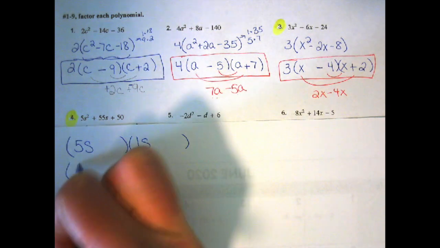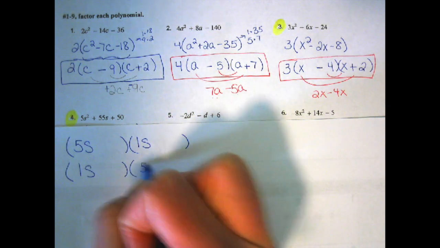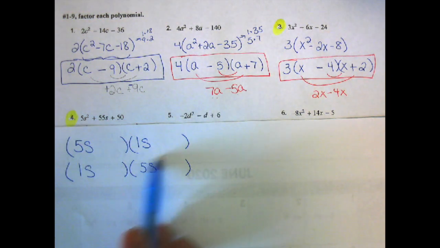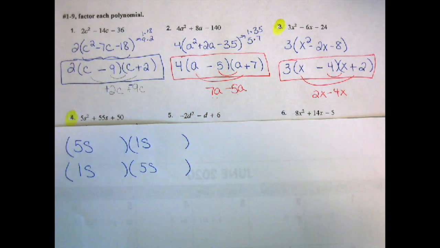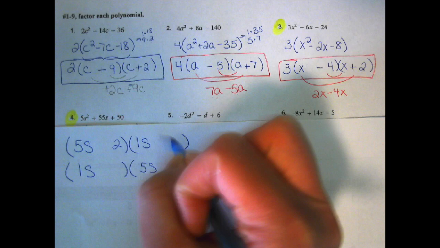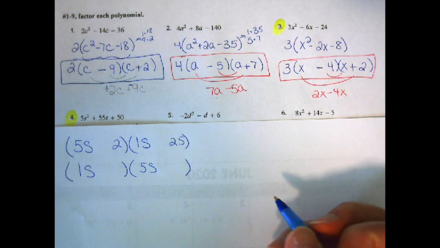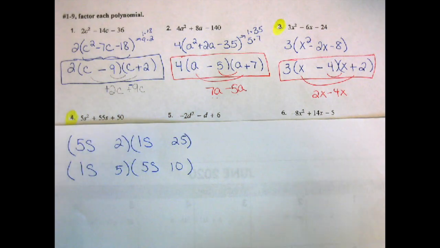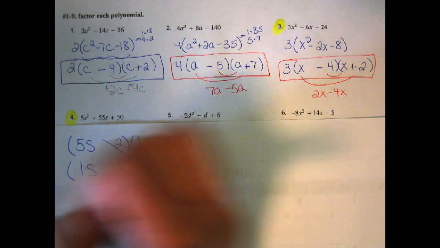Or do you go 1s, 5s? And then what are you going to do with the 50? Because now it's going to get multiplied by the 5. So what are you going to use now? Are you going to use 2 and 25? Are you going to use 5 and 10? Like, what would you use here? And so if you don't pull out the greatest common factor, it just really, really makes the problem so much